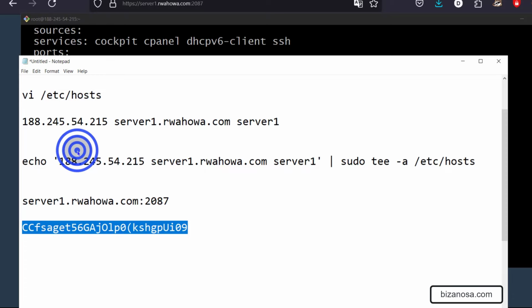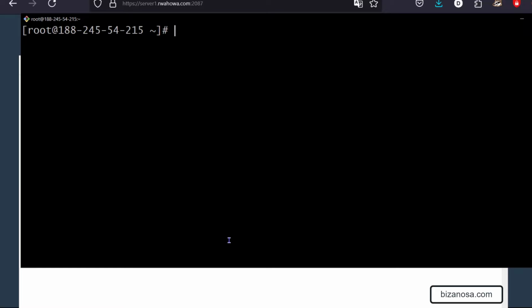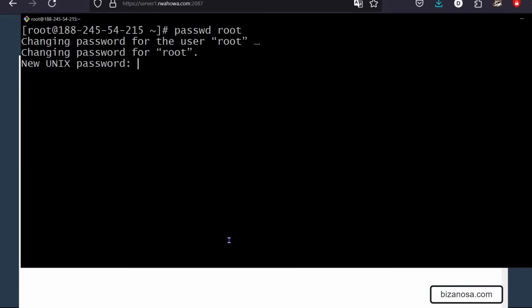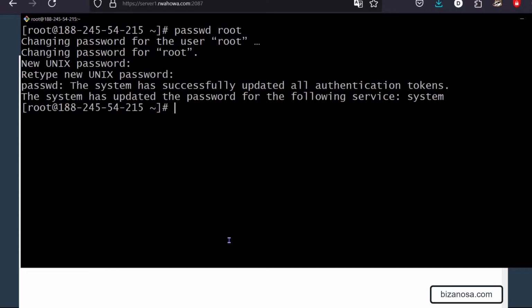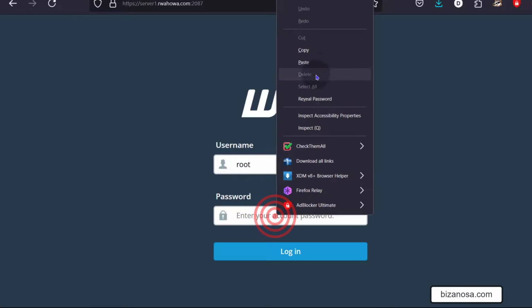So I'm going to copy, and I will come back to my server. I'll do Control L to clear the screen, and then I will do passwd root. This is used to change the password. passwd root, and it's asking for the new password. So since I'm on Git Bash, I'm just going to do Shift Insert to paste, enter, Shift Insert again to paste, enter, and the password has now been changed. So let's try to log in with that password on WHM. So if I do root, enter the password,